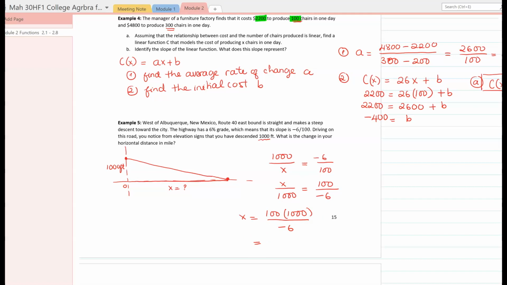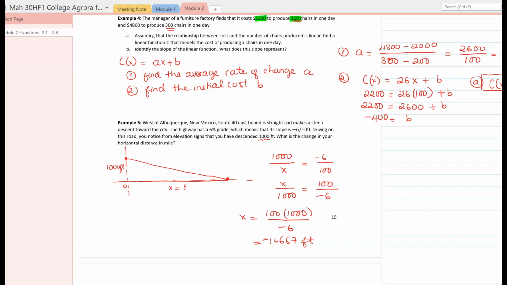So this is about 16,667 feet. Okay. Negative. Because we're talking about the horizontal distance and the distance needs to be positive,